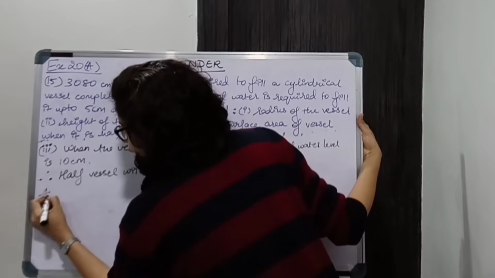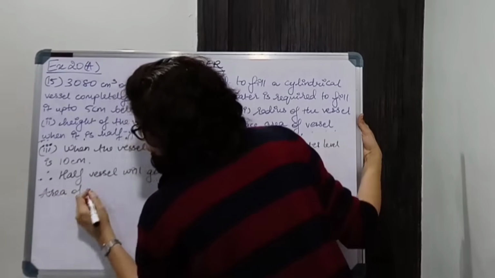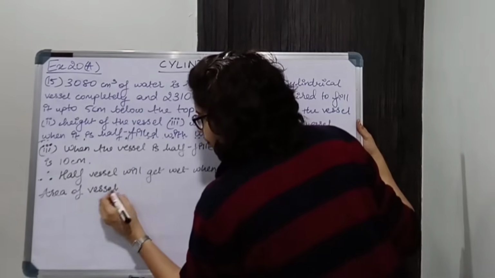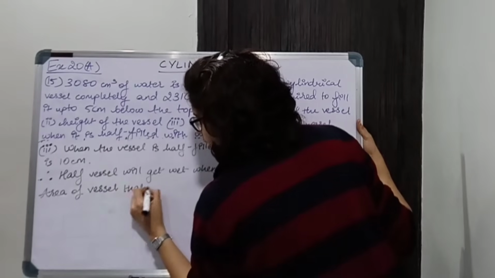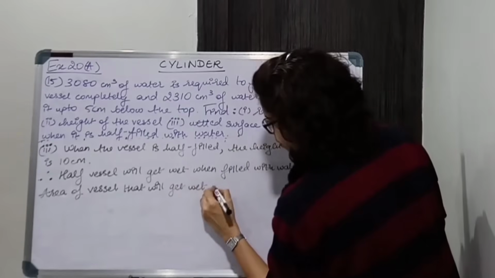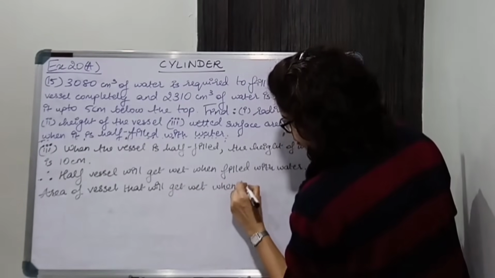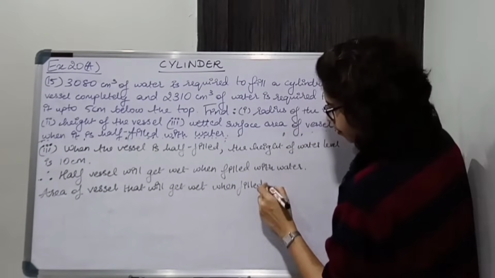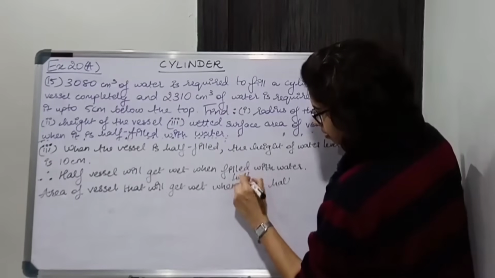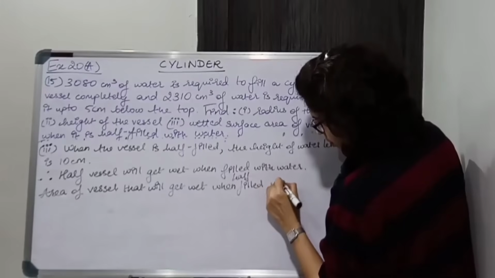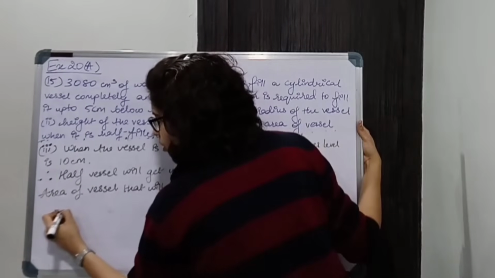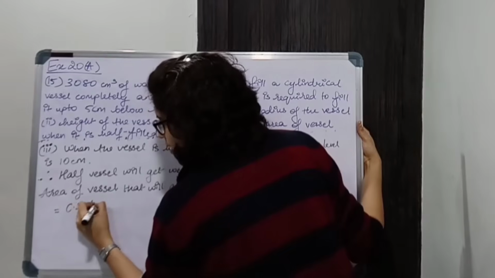So area of vessel, okay, that will get wet when half filled with water will be equal to curved surface area